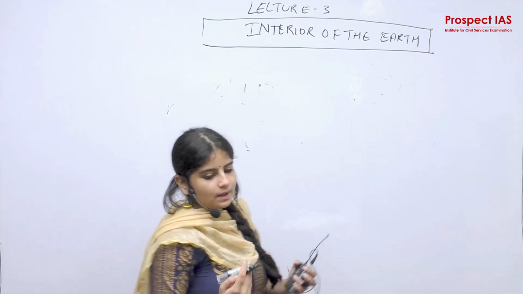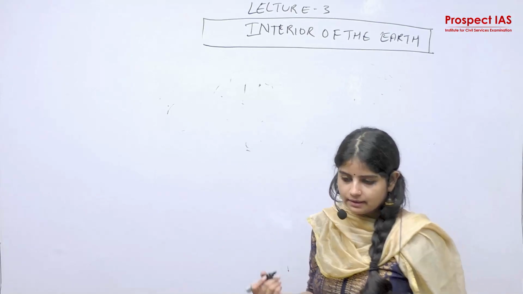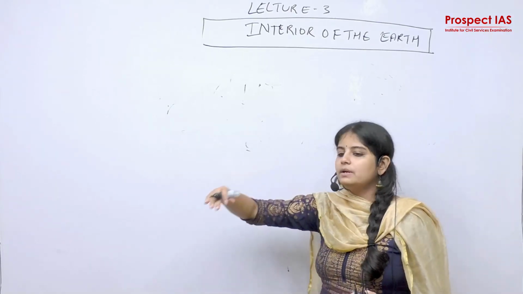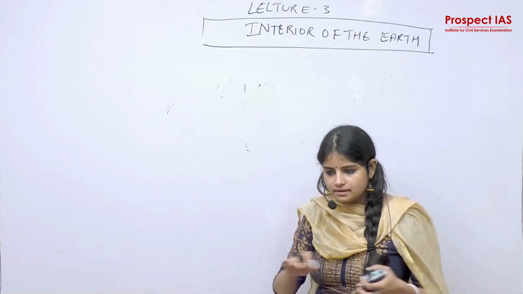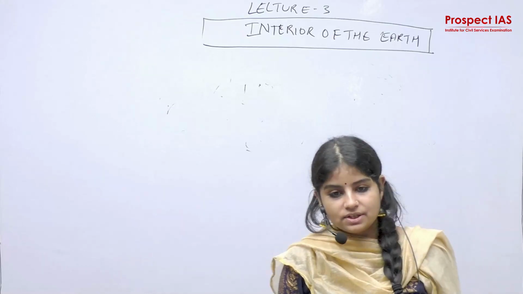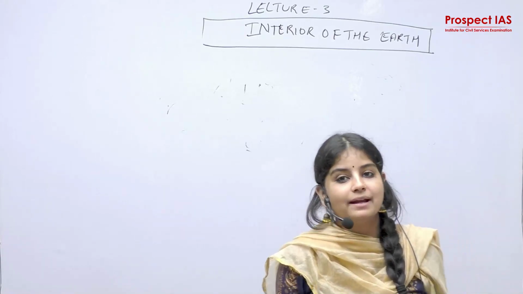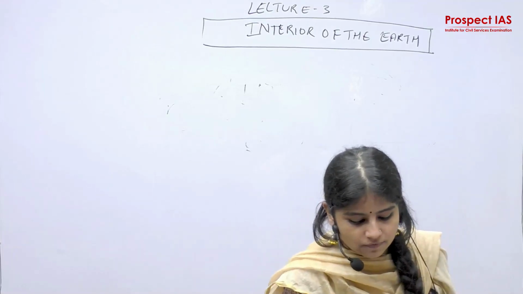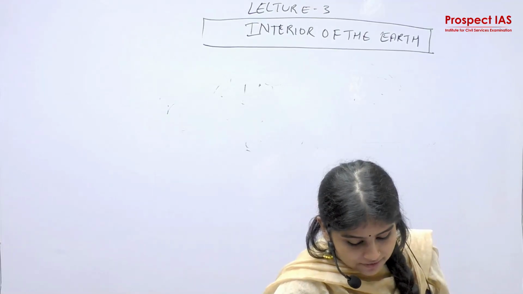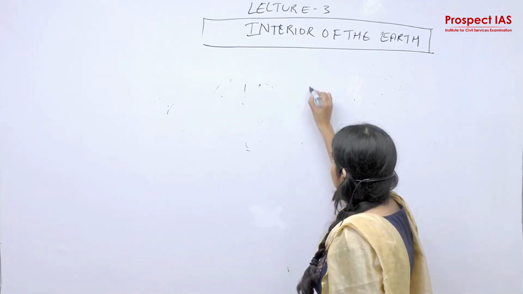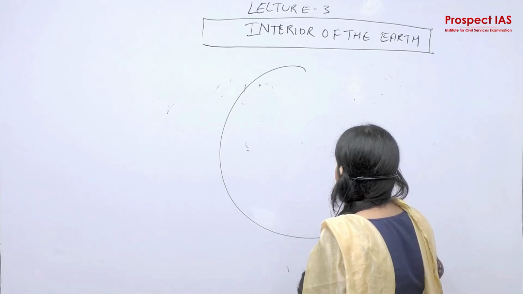But as a geologist or a geographer, we need to understand its depth and interior to understand its outer mechanism on the earth's surface. Suppose we need to understand the temperature, the pressure, the gravitational mechanism inside the earth, so that it helps us understand the different geophysical and geo-astronomical phenomena going on on the earth. So we all know that earth has a radius